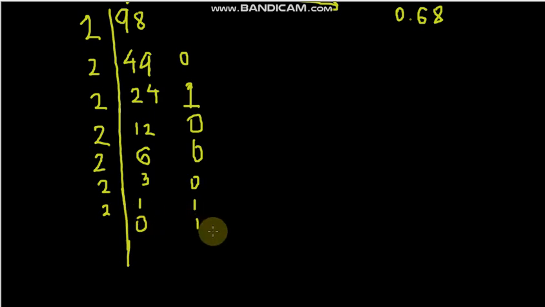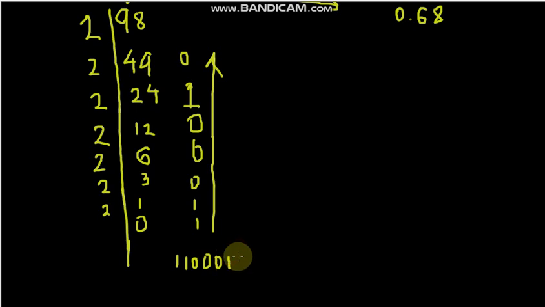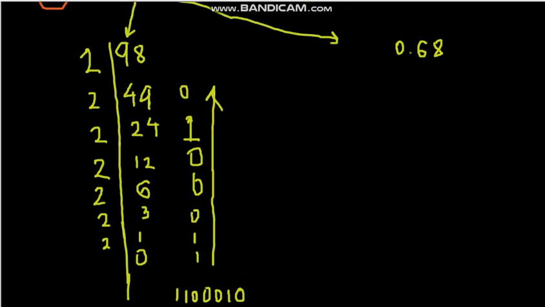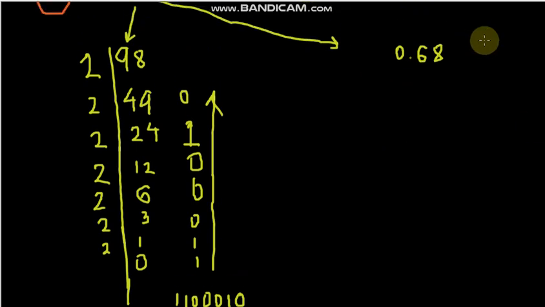Then writing this number in the upward direction like this, we get 1100010. So this is the binary equivalent of the left hand side part from the point. Now dealing with the right hand side, that is 0.68, we know that we have to multiply this 0.68 by 2, that is 0.68 into 2 is equal to